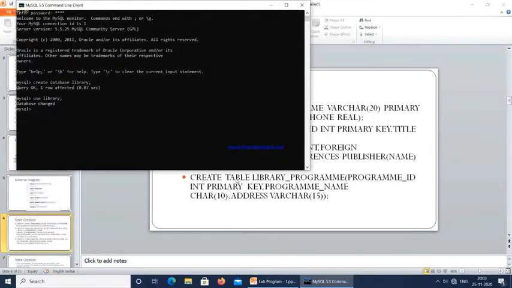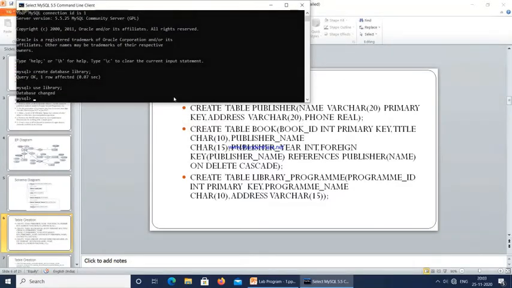Now we need to create all the tables that are related to the library database. First we have to create the tables that do not have a foreign key constraint, so those tables we need to create first. Here publisher is the one which does not contain any foreign key references, so first we are going to create the publisher table. You can use lowercase letters or uppercase letters, it is left to you. The queries are case insensitive. I am comfortably using all uppercase characters.